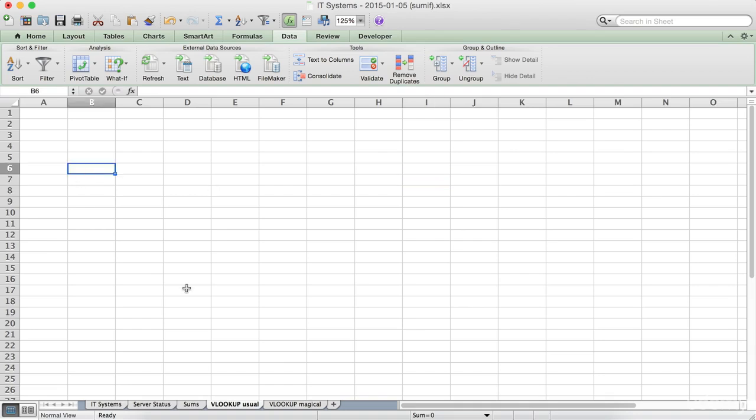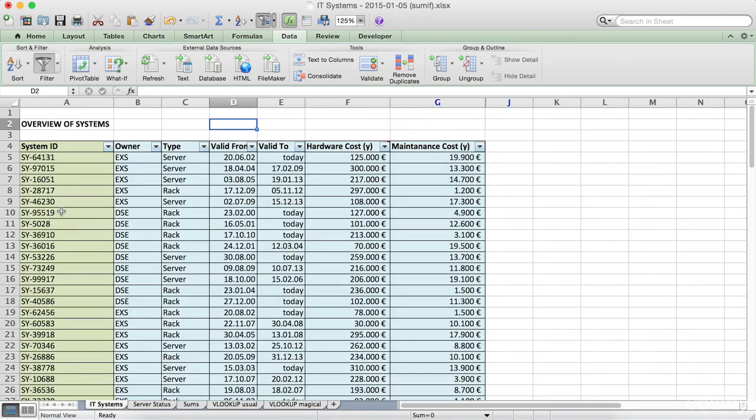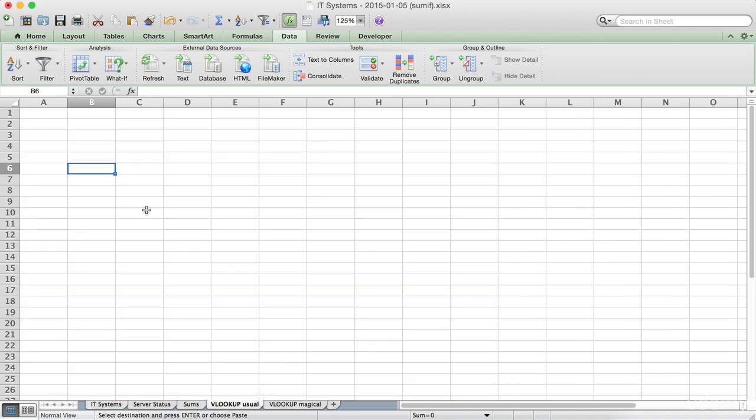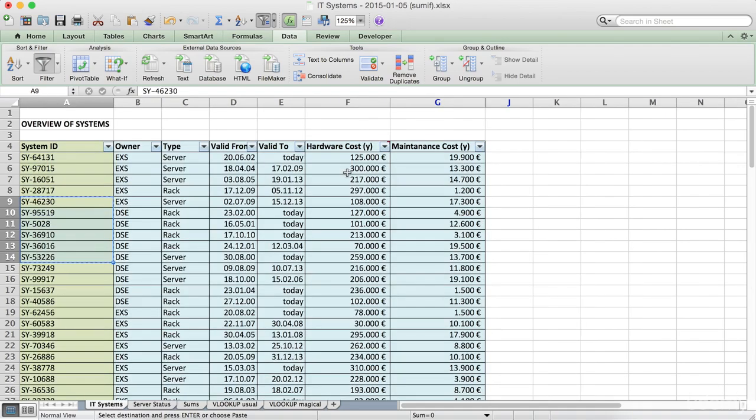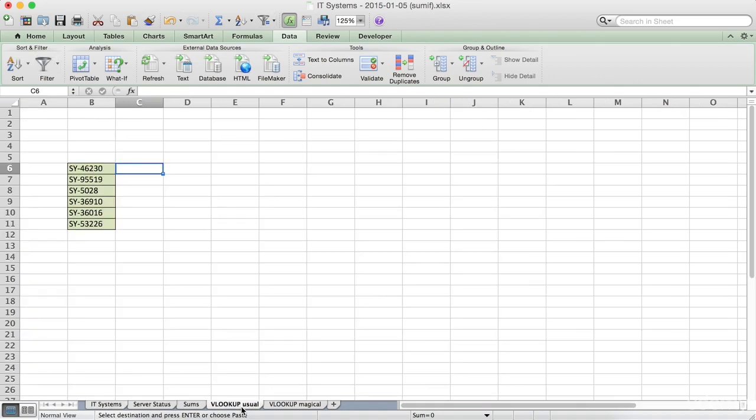Let's get started. I have a new sheet, VLOOKUP usual, just to show you the disadvantages of the usual VLOOKUP. I go into my IT systems sheet, which we were working on. I copy some IDs, copy them here, and now let's assume I want to get the hardware costs, this is here, column F, into this other sheet using VLOOKUP. So I type in equals